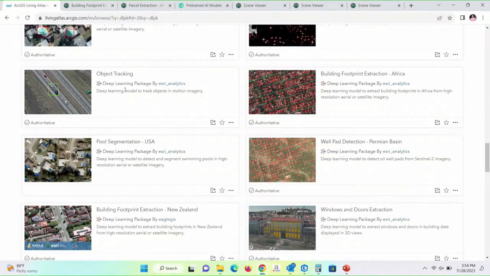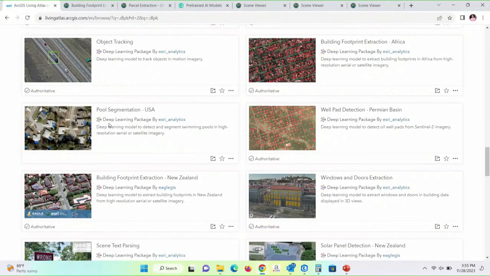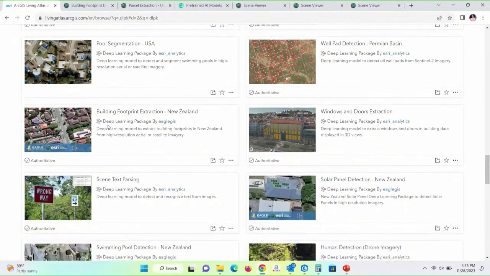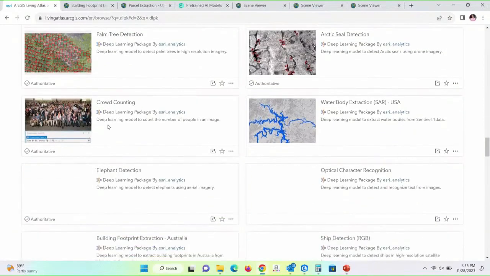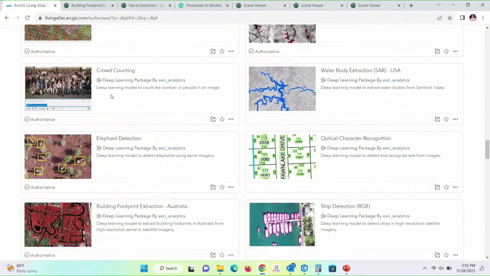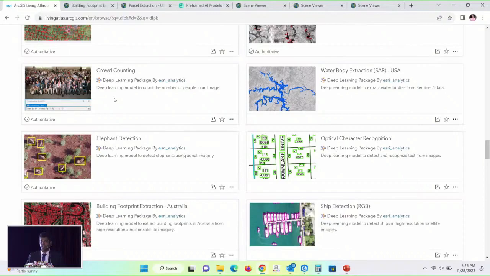Even these things you can see in advance. We can try this one as well. When we give this model for vehicles, if the vehicle is moving, it will give the location in the ArcGIS map view. There is also palm tree detection. We can even count the crowd, how many participants are there, using this model.